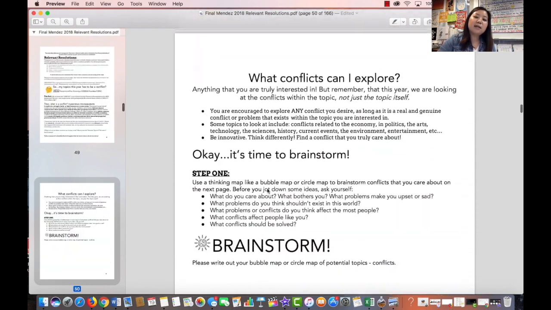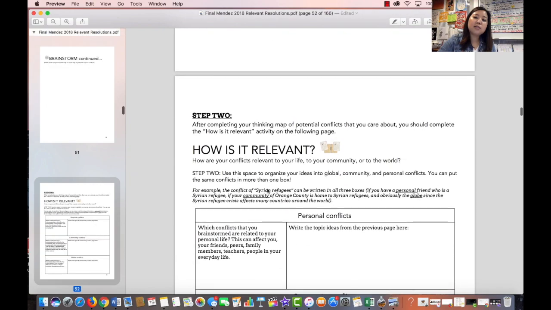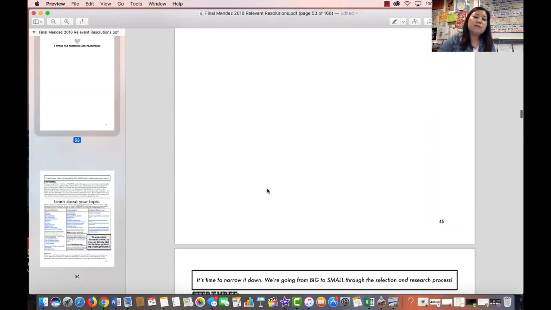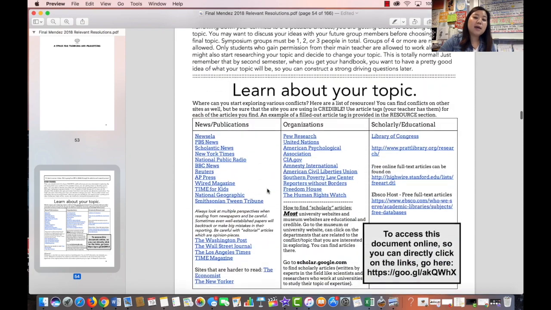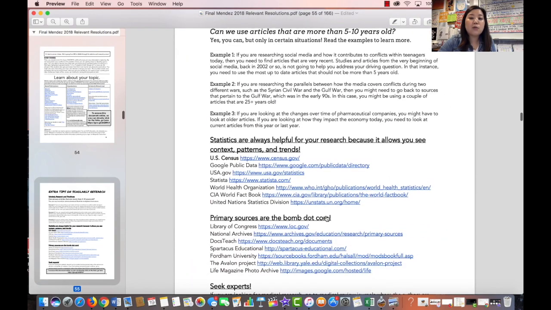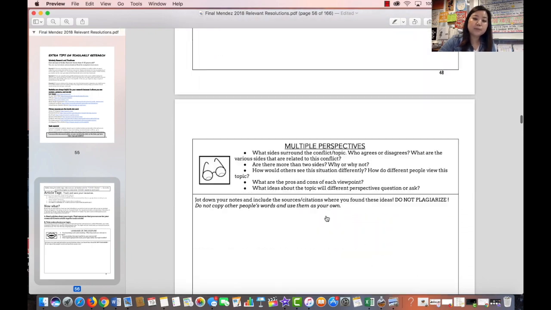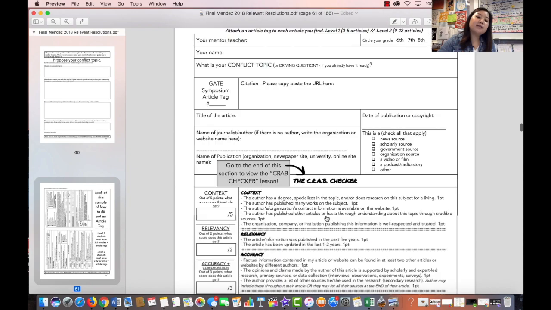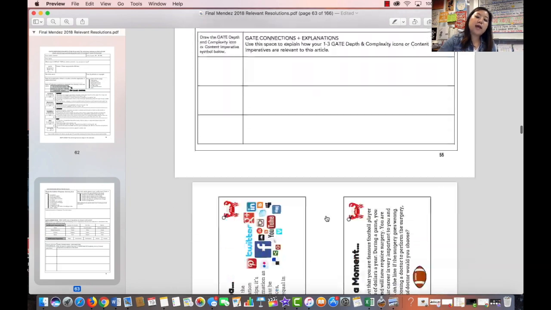This is the pre-packet exploration packet that a lot of you guys got before you even got the handbook. So it basically helps you go through all the different steps for finding a conflict topic. And then it's about how to learn about your topic. If you click on this link right here, or if you go on it on your browser, you can actually find this exact page and click on the actual links to look up articles that will help you on your scholarly research journey. So that's all the same thing, and then it ends with some more article tags,